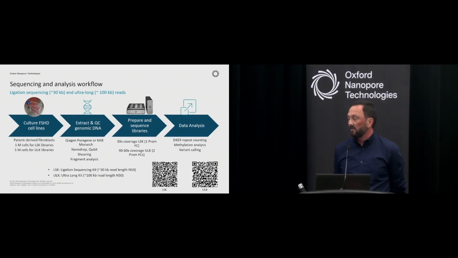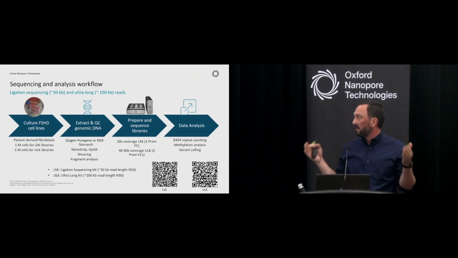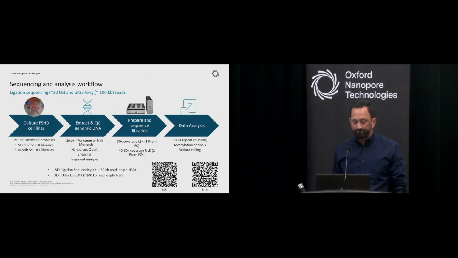The ultra long requires a little bit more finesse on the lab side, but you can get really, really long reads with that workflow. So we decided to do both for this project because we wanted really long reads that span the entire D4Z4 microsatellite arrays in all of the samples, but we also used the ligation sequencing chemistry. So we took some FSHD cell lines from Coriell, we extracted the genomic DNA, and then we can prepare our sequencing libraries. Again, all of this is on the website,